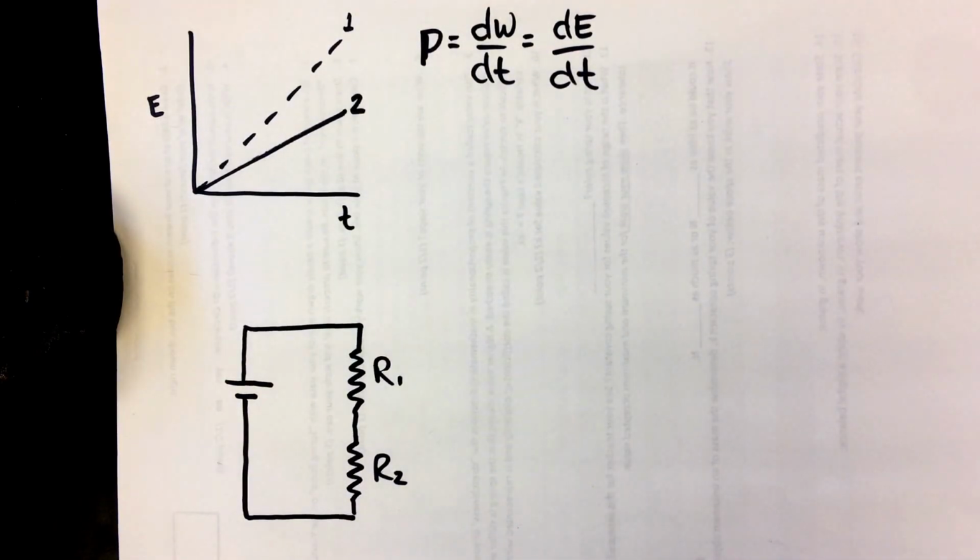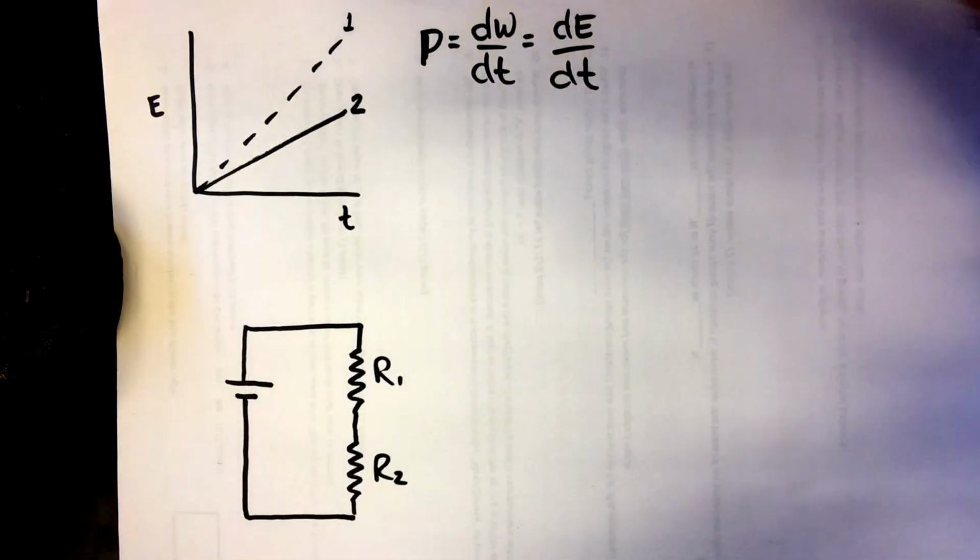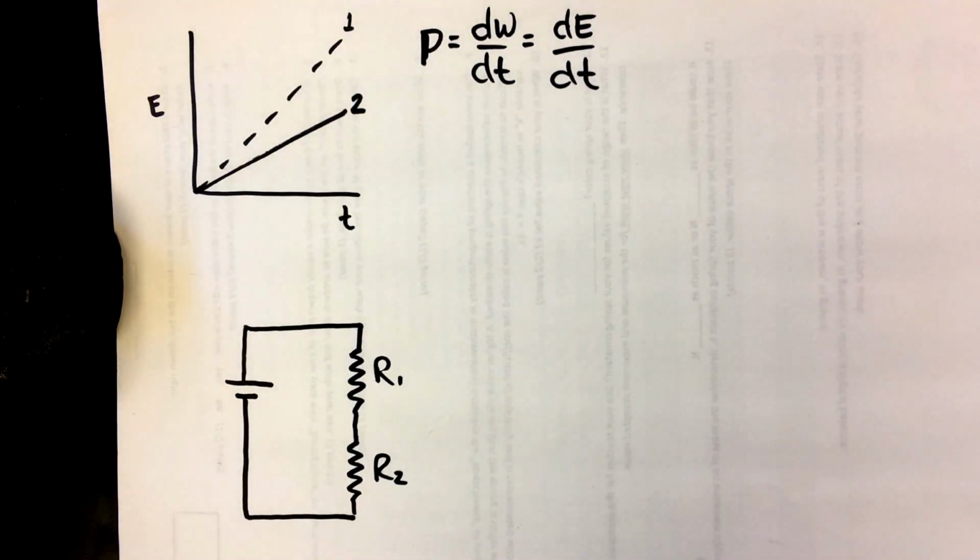This is question number 50 from the Halliday, Resnick, and Walker book. The question reads, the current through the battery and the resistors 1 and 2 in this figure is 2 amps. Energy is transferred from current to thermal energy in both resistors. Curves 1 and 2 in the figure give the thermal energy for resistors 1 and 2 respectively as a function